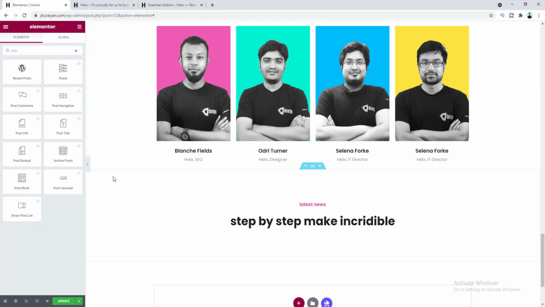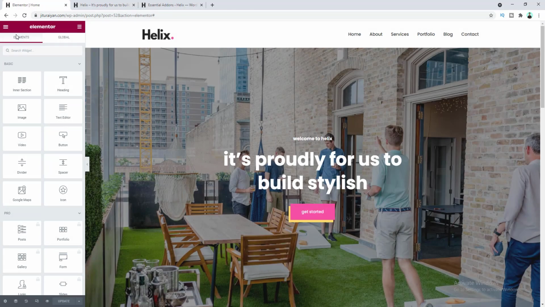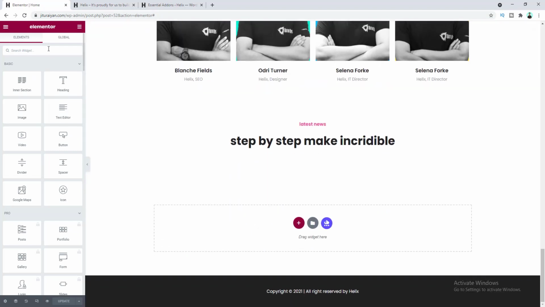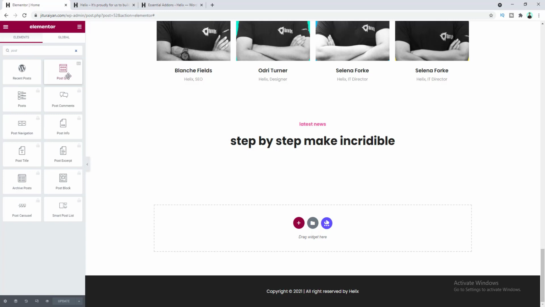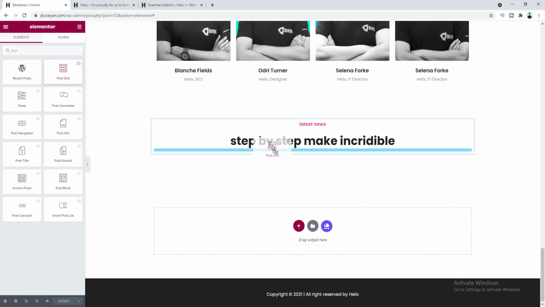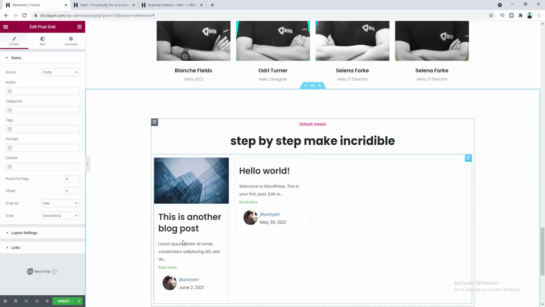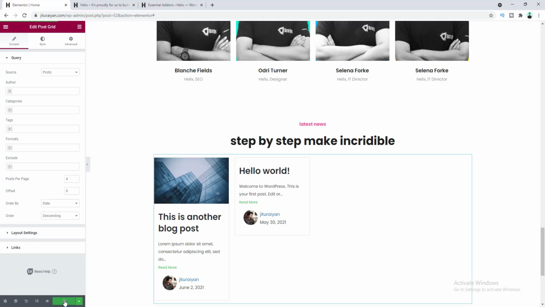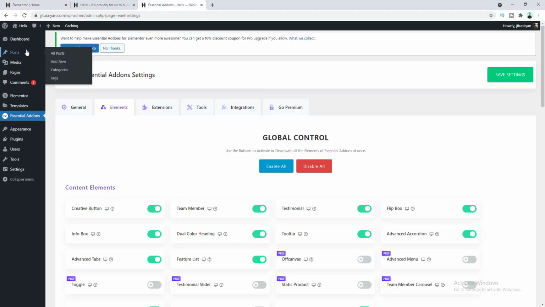Okay, now we need to refresh this page, but before that let's save this page. Now if we search for the post grid widget, okay, we can find that here, so drag this to this place. Okay, right now we cannot see enough content because first of all we need to create our blog article from our dashboard. So here first of all let's save this page, and we need to go to our dashboard to create our article, so go to posts,